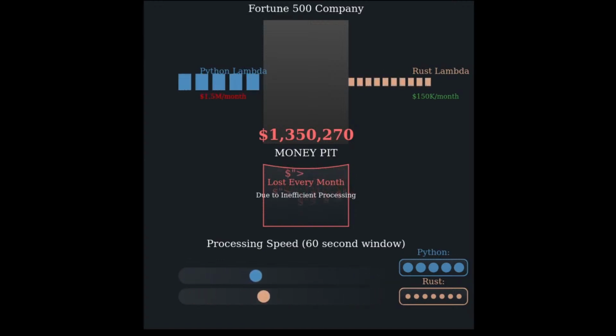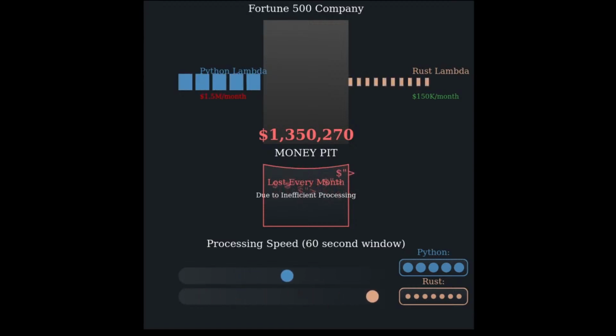And this isn't just theoretical. This is a real-world benchmark that I did that is reproducible. And if we extrapolate that out to 3 billion monthly invocations, we can see that this cost profile makes sense. Here, what we have in the money pit is a striking visualization of wasted resources.